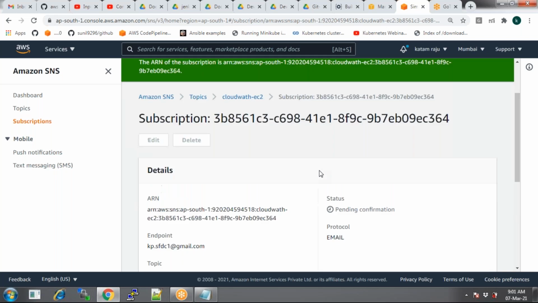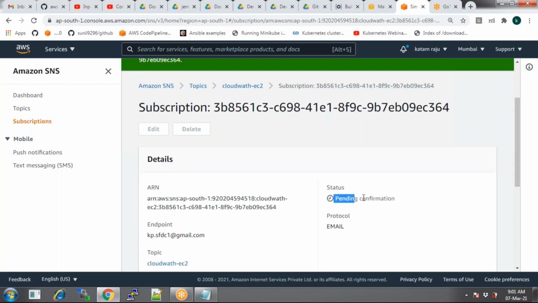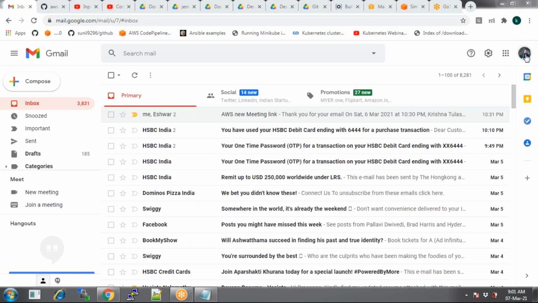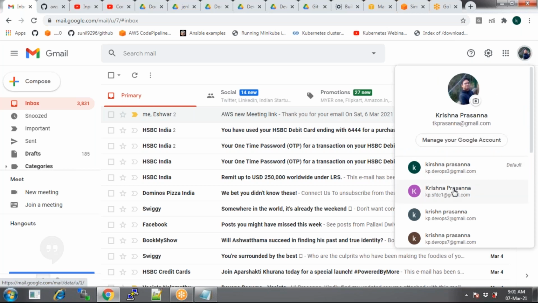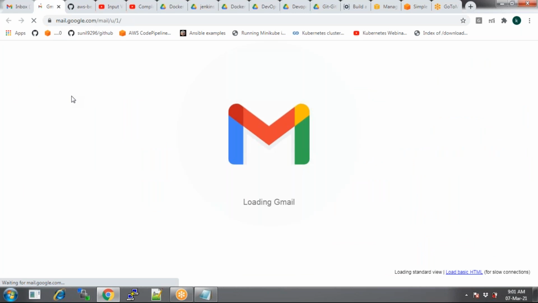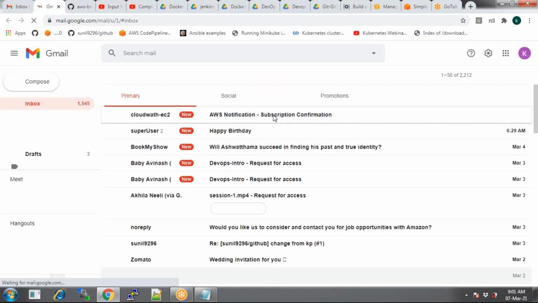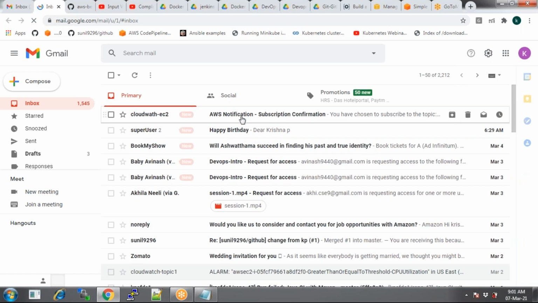Well, now pending. So the user or that email ID must confirm your request. Now go to the email ID, which is my email ID. There you have a notification.